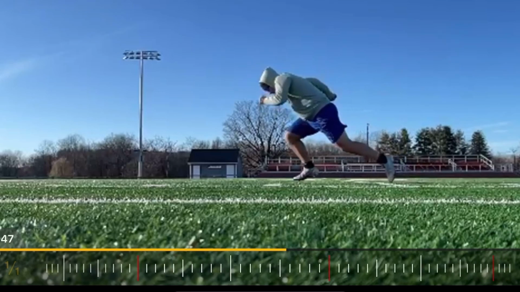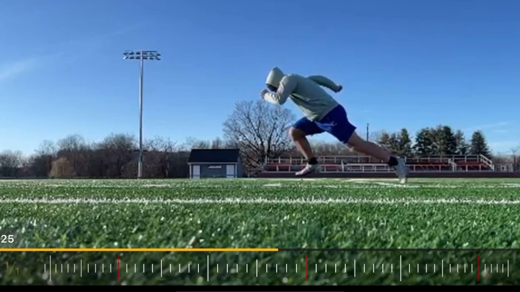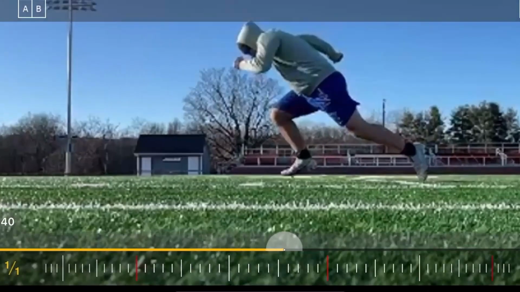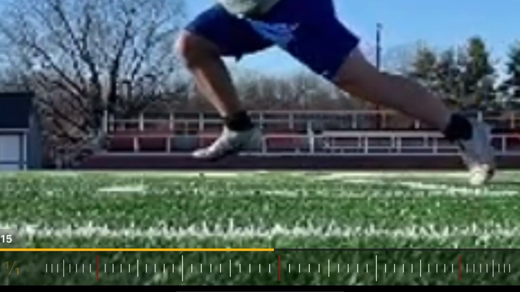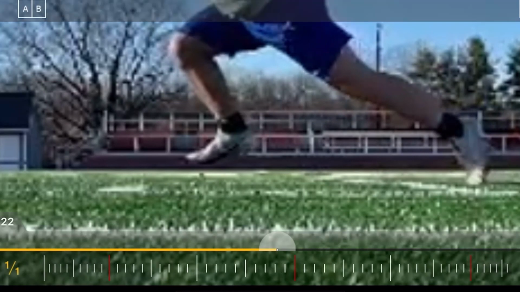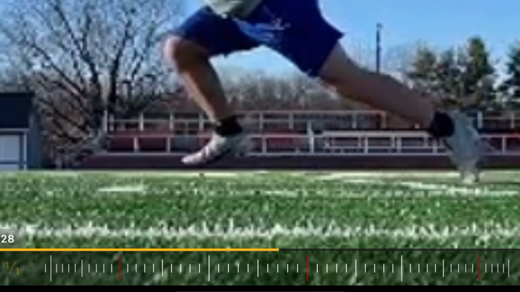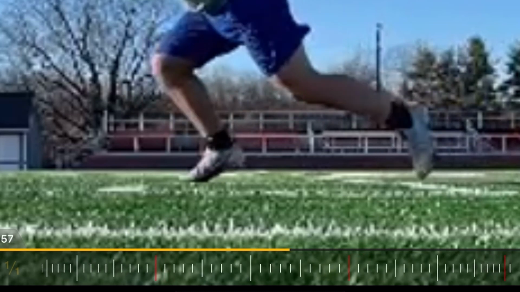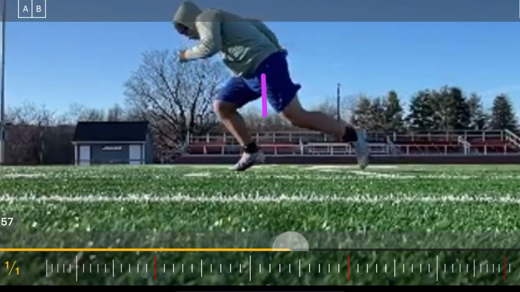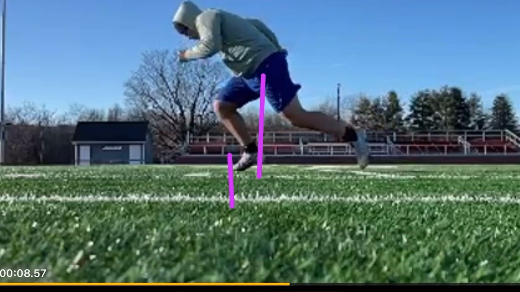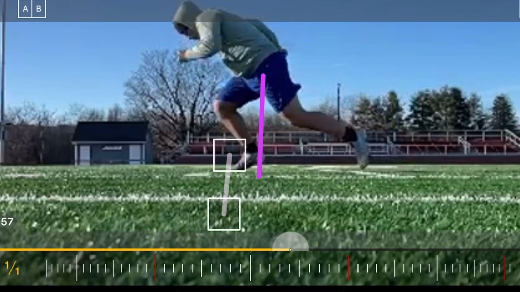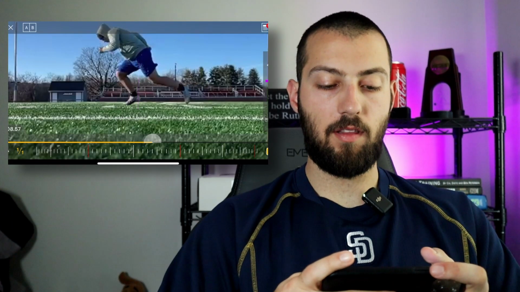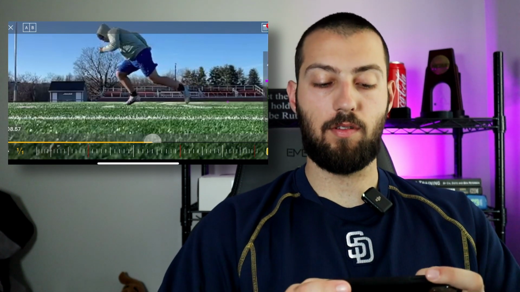So a huge, ginormous first step, but let's see where he goes from here, mainly with this front foot. See how it just goes straight down to the ground, or a little bit in front. And we can look at these bleachers for reference. So at the top, all he does is go a little bit forwards instead of back. So if we look at touchdown, his hips versus where his foot is hitting, definitely in front, not crazy in front, but definitely more in front than what we would want for a typical first step